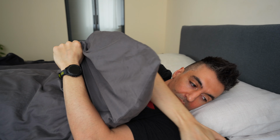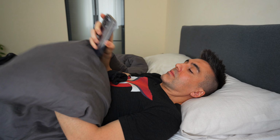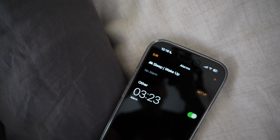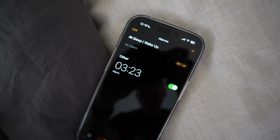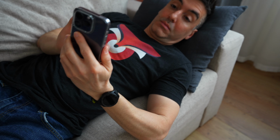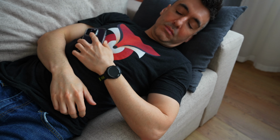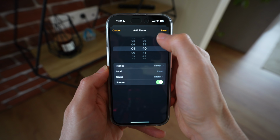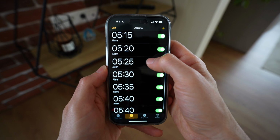Yes, waking up early is difficult for most people. You may not have gotten good sleep the night before, or it's just really, really early. But even though we have these loud alarms right next to us, we tend to snooze right through them multiple times. So to tackle that problem, we end up trying to brute force ourselves out of bed by setting alarm after alarm after alarm. Tell me you've never seen your phone like this